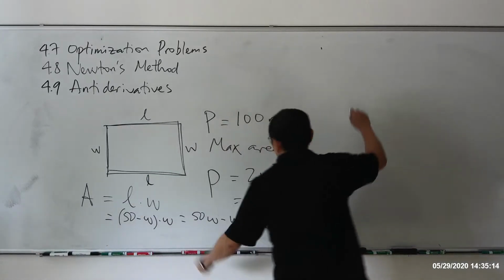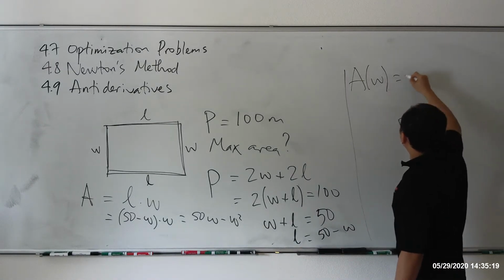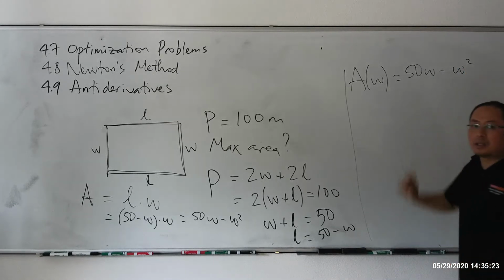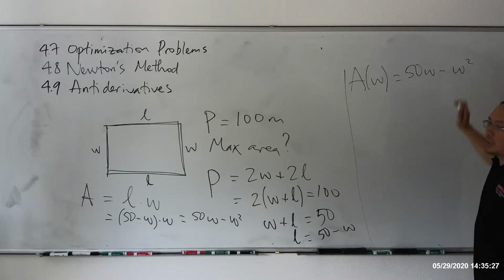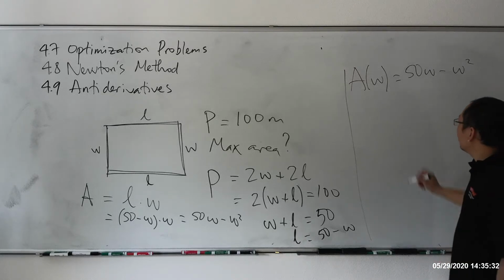So pretty much my function is the area in terms of W is equal to 50W minus W squared, and it's not hard to see that this is really a quadratic with negative 1 as the leading coefficient, so probably upside down. And how do you find the maximum of this? You can